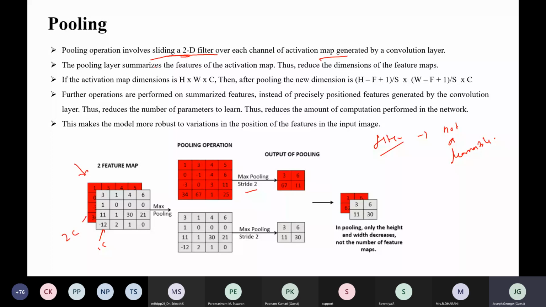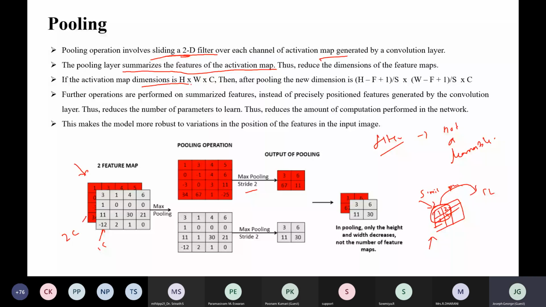For example, suppose you have an activation map like this with some 1, 2, 3, and 4. This patch will have similar properties, right? So instead of giving this as a whole to the next convolution layer, we reduce this dimension, and that is done with the help of pooling. Normally the activation map dimension is H, W, and C, and after pooling you will get a reduced dimension.